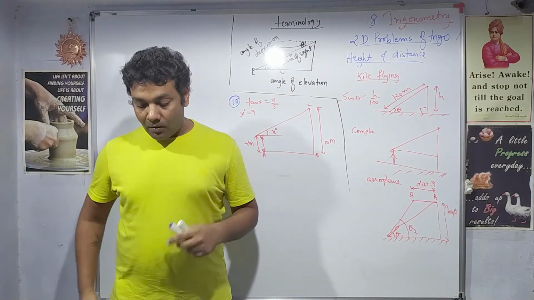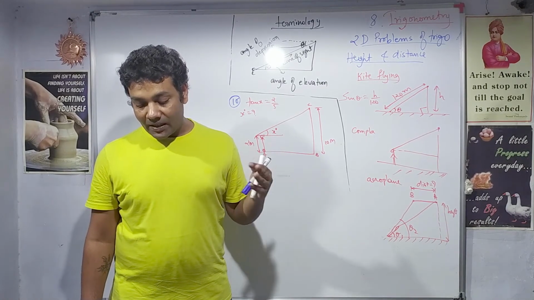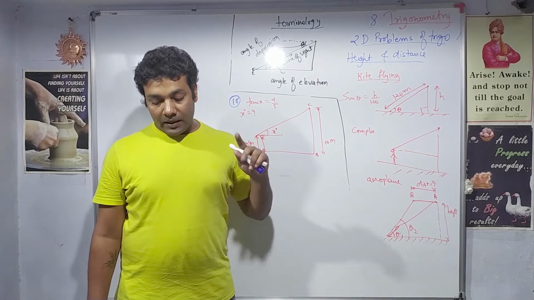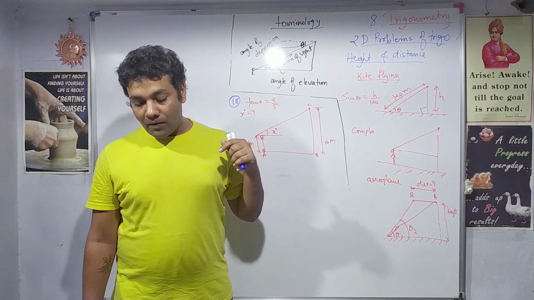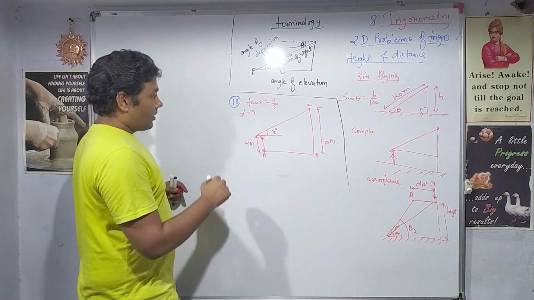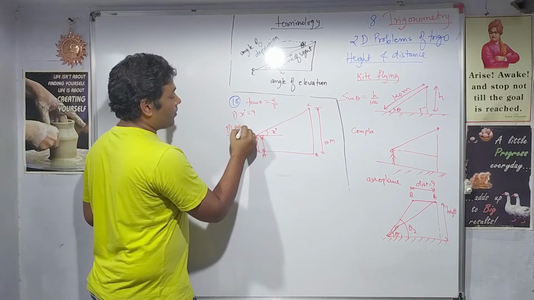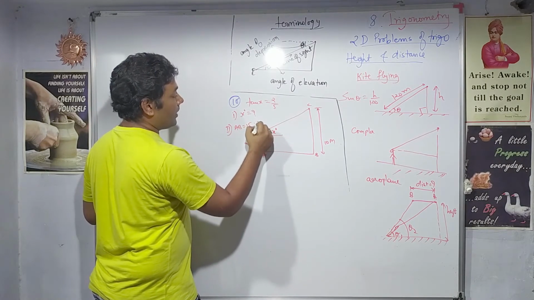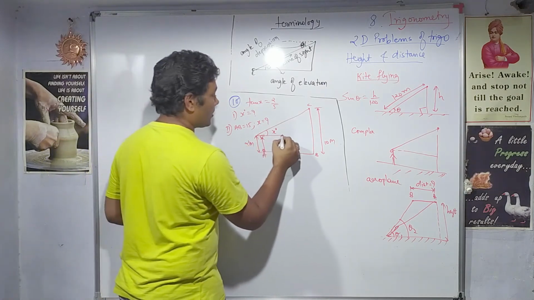The man's eye is 2 meters above the ground. He observes the angle of elevation of C, the top of the pole, as x degree. Calculate the distance AB in meters. That is the first thing, and the second thing, the angle of elevation of the top of the pole when the man is 15 meters away. Then this is the first case, and in the second case they say, if AB is equal to 15, what will be the x again? So this is the second time we have to calculate x. That is what the question is.